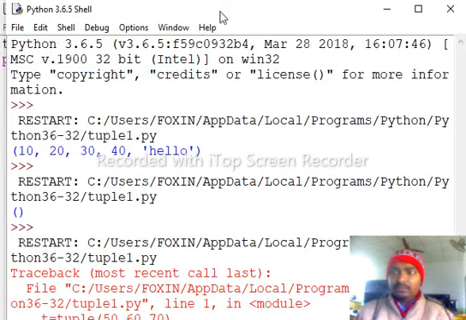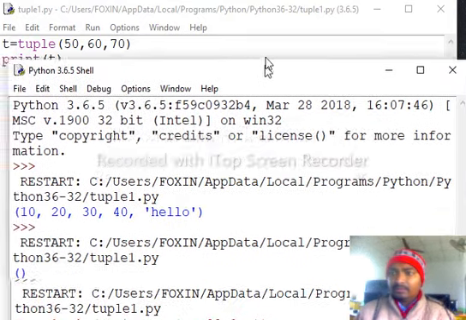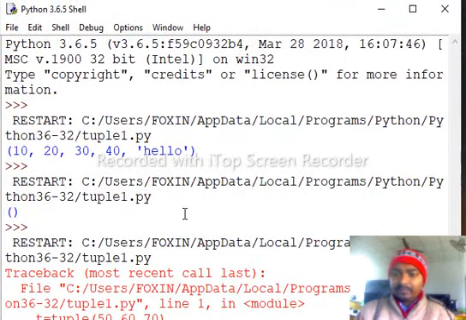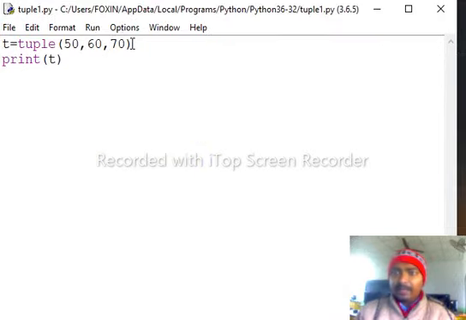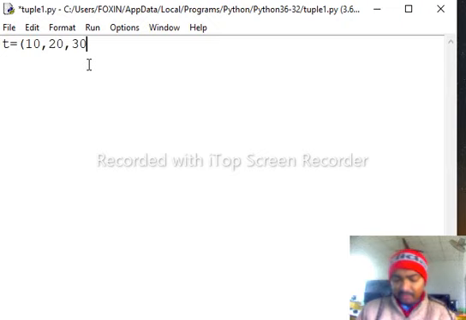Now, some errors. Okay, now this is only for creating an empty tuple. Create a tuple like t using assignment, put some values 10, 20, 30, 40, 50.